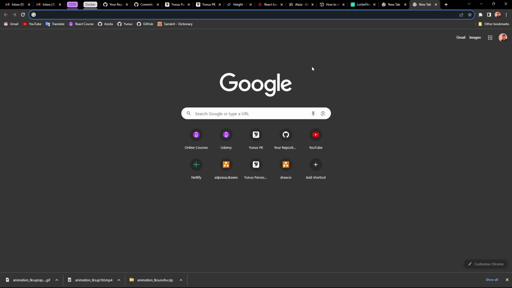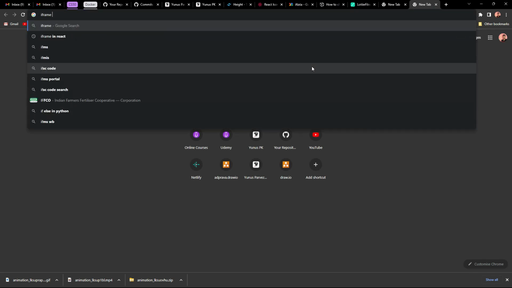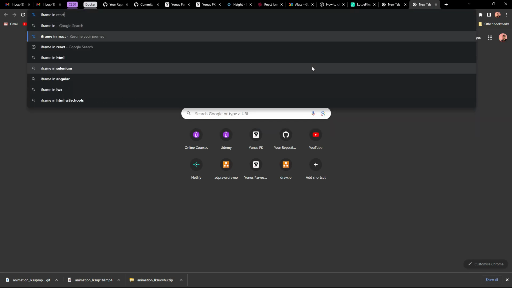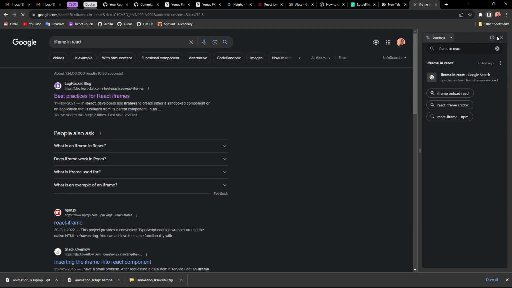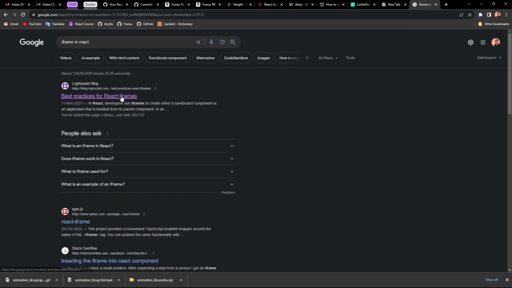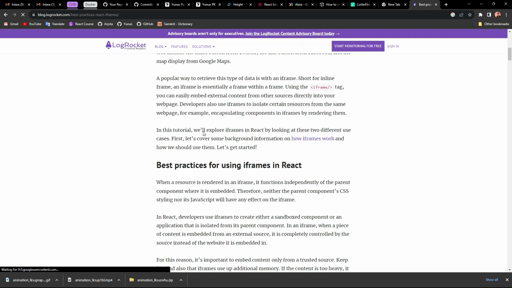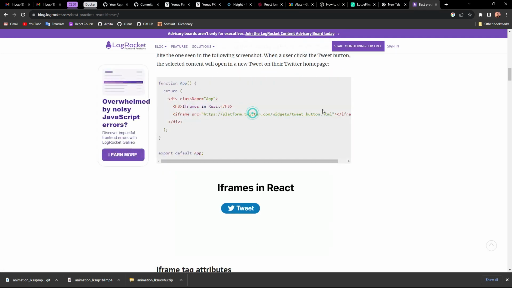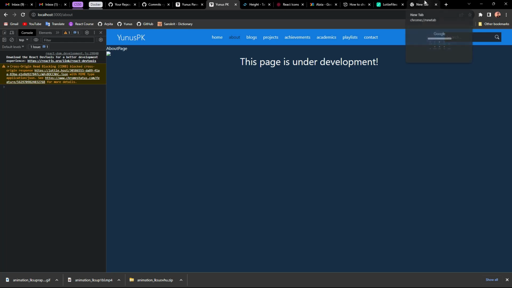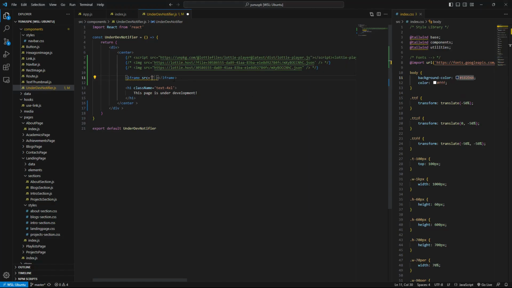Iframes do have src or something. Iframe in React. Yeah, that has a src thing. Now what I'm gonna do is use that JSON.